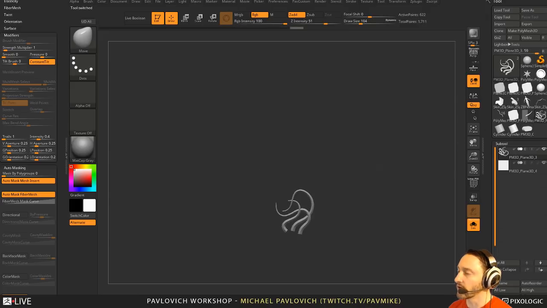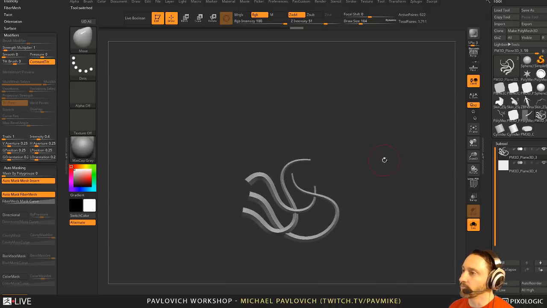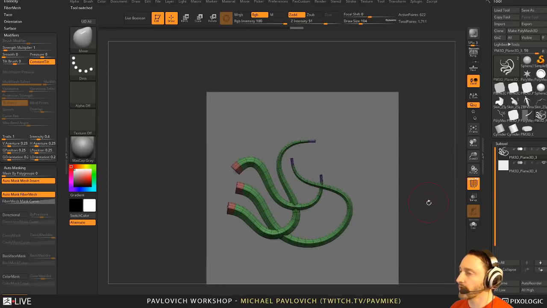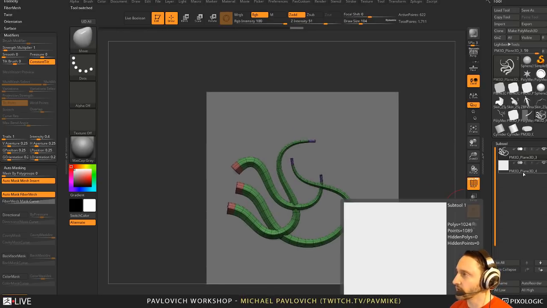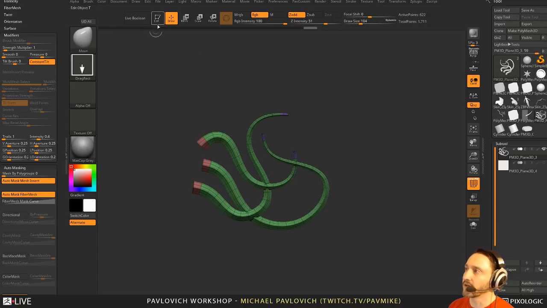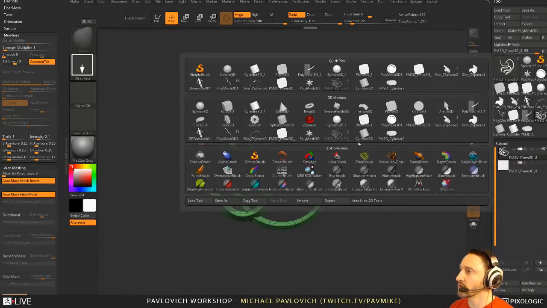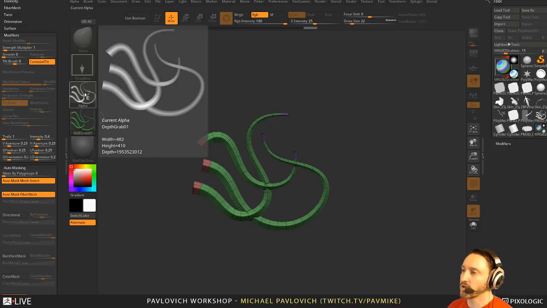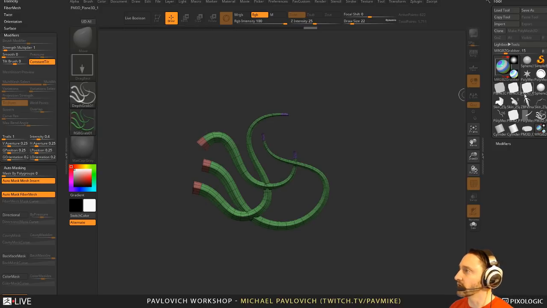So we go back to our engraving here. There are a couple of different ways we can do this. One way, if you want to go the alpha route, which I wouldn't suggest because again you're going to be limited by resolution, you can go out of edit mode and choose MRGB Z grabber. You can say, give me that depth grab. So now you can use this alpha depth, for example,